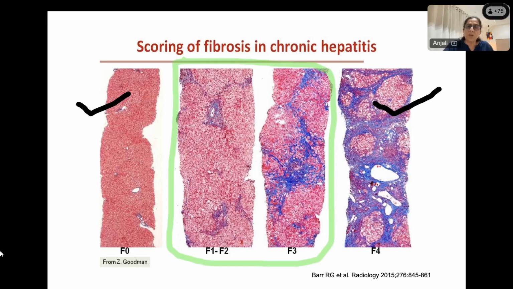So this is the role, here is the role of liver biopsy. Now a question to Dr. Sagnik: is this statement right that in F1 to F3 fibrosis, sometimes, not in all cases, but in some cases, the non-invasive technique can give rise to false positive or negative interpretation of fibrosis? Yes, ma'am.